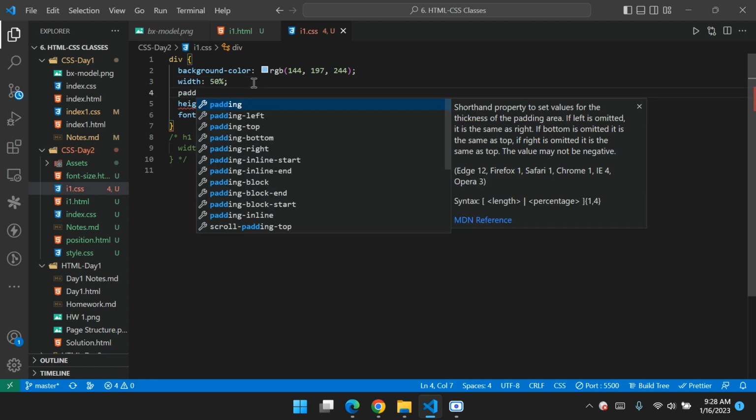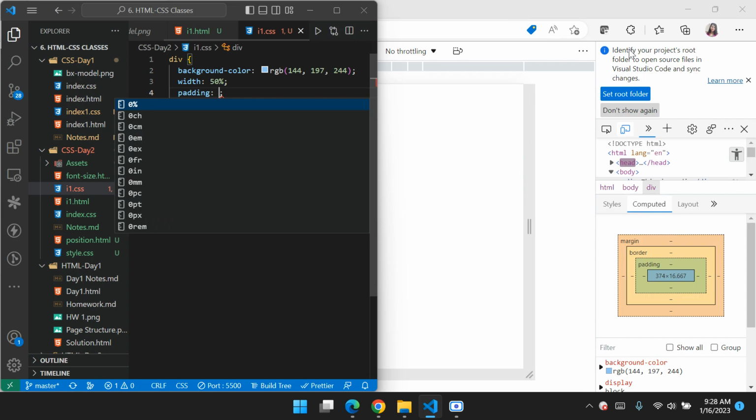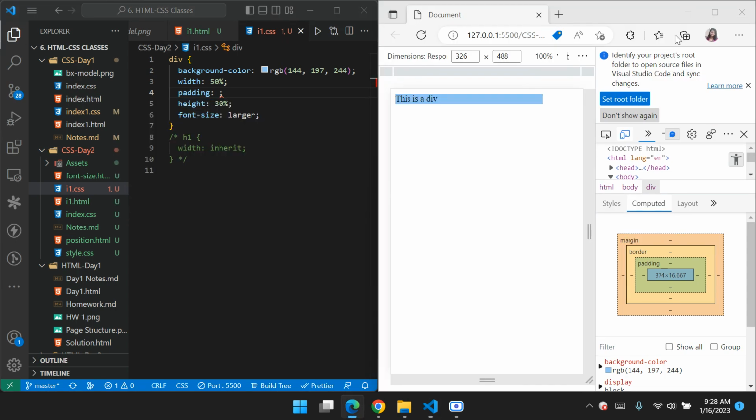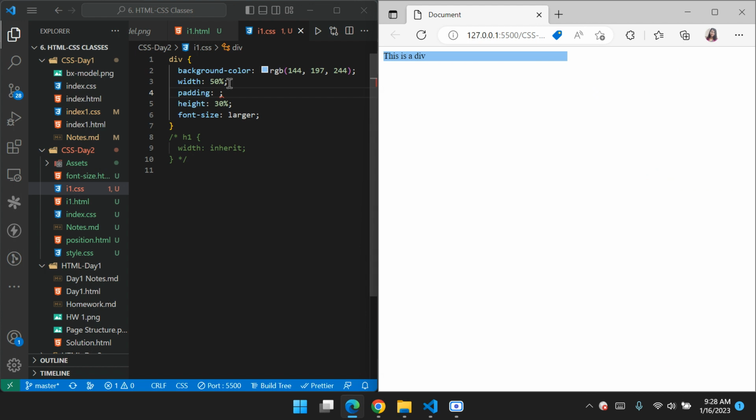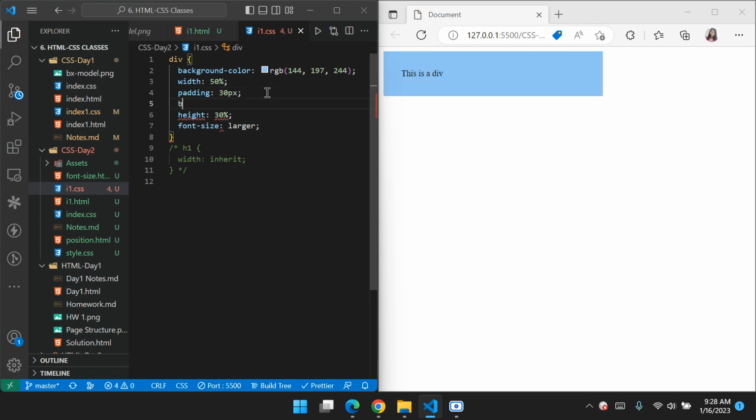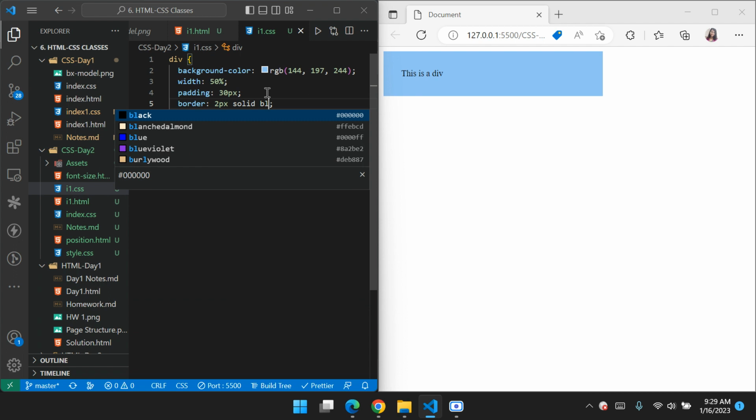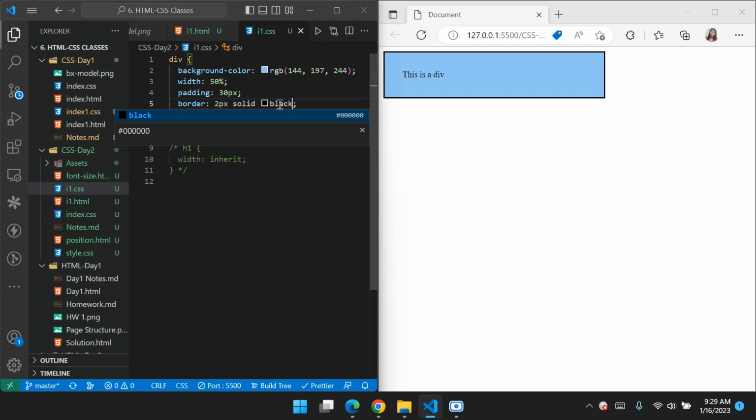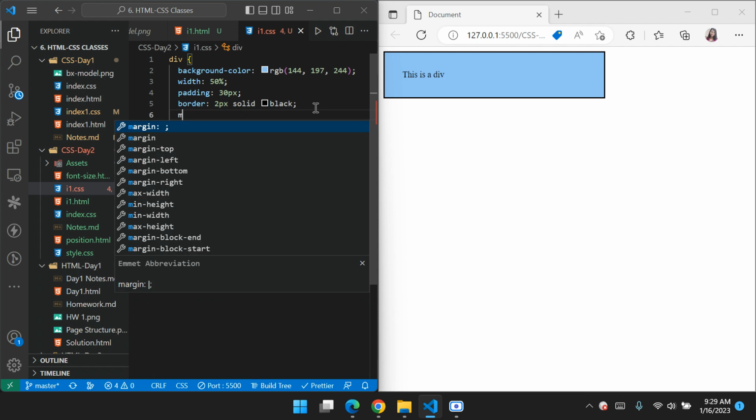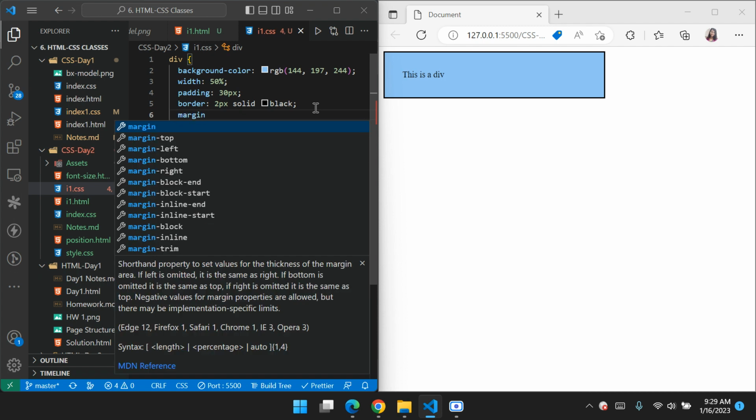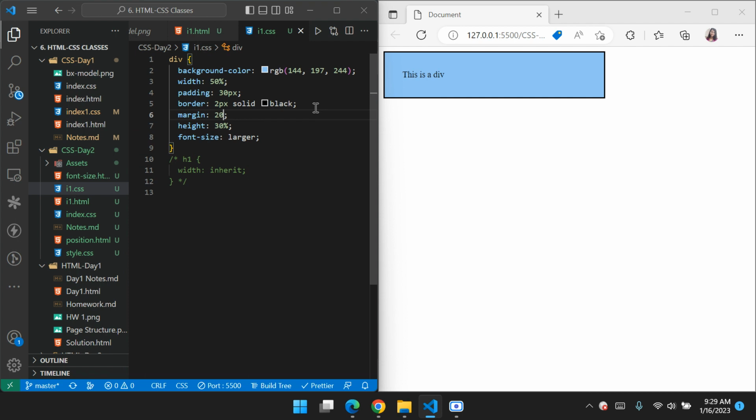Okay, now let me apply some padding, 30 pixels. Now border I am giving 2 pixels solid and black. We got the border here. Similarly for the margin, after the border it gets applied. So margin also, let me give 20 pixels,